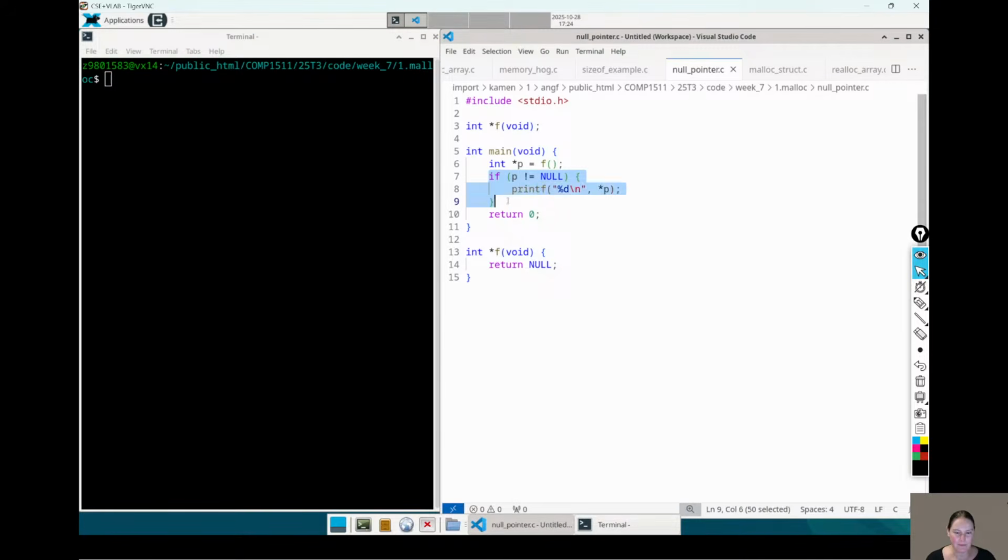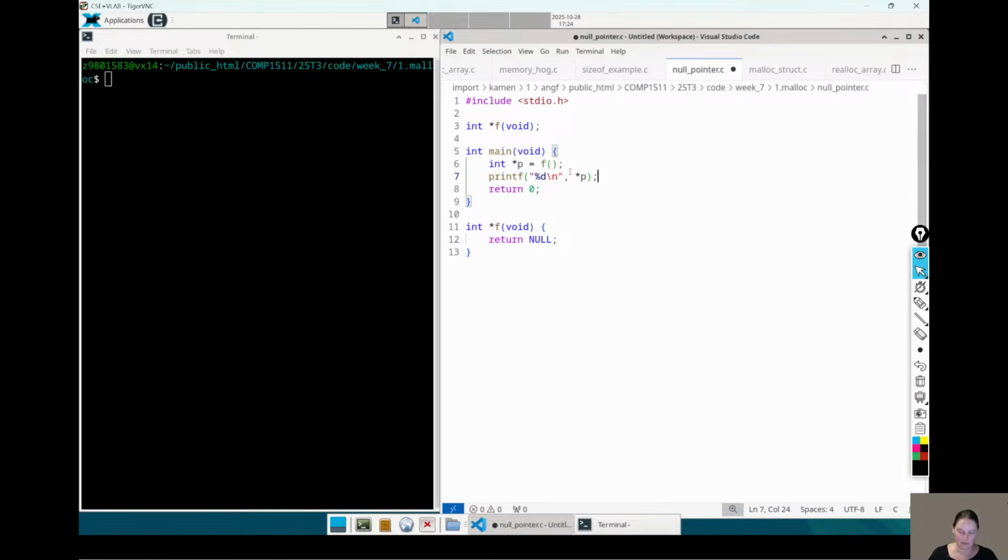And null is a special value in C that represents no address. So if I said, function f, go and return the address for me, and it returns null, and I try and actually dereference it,